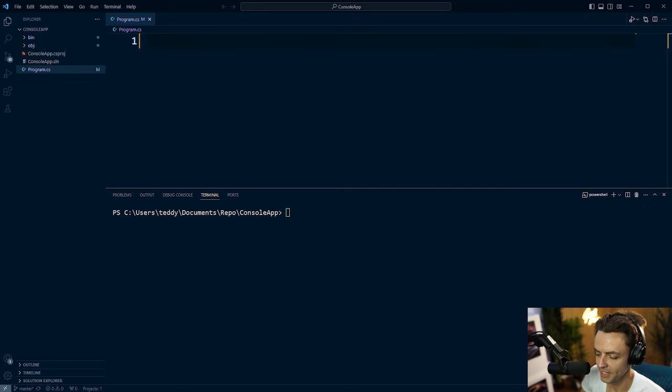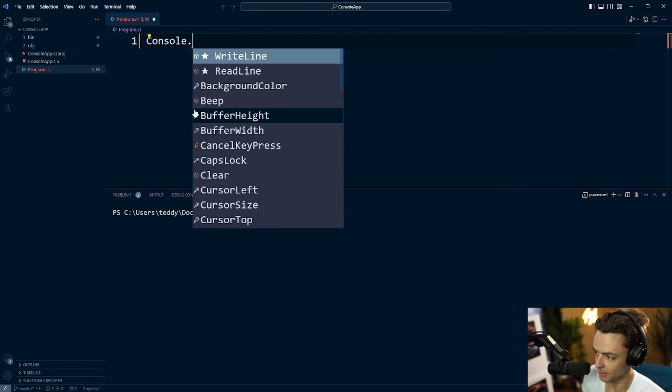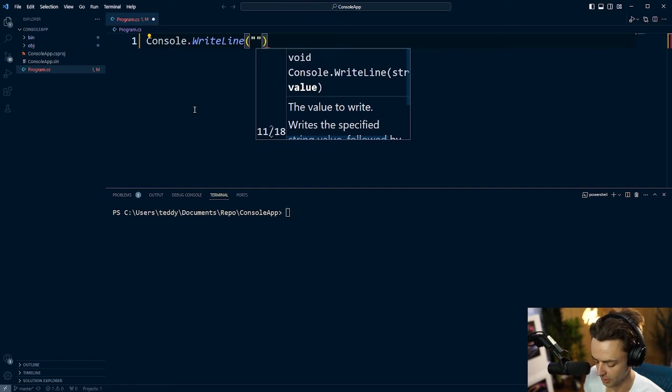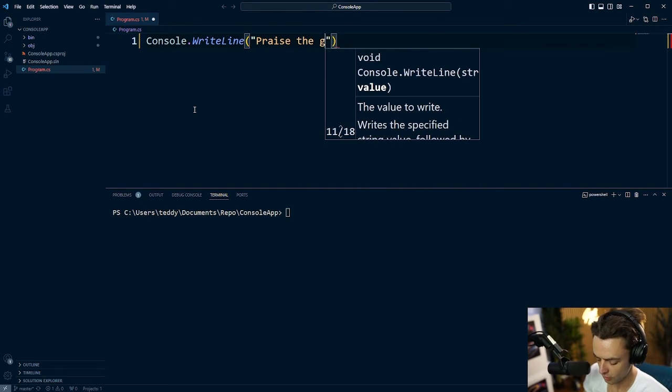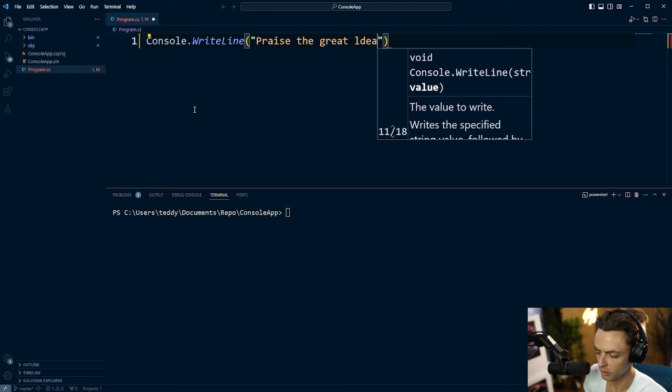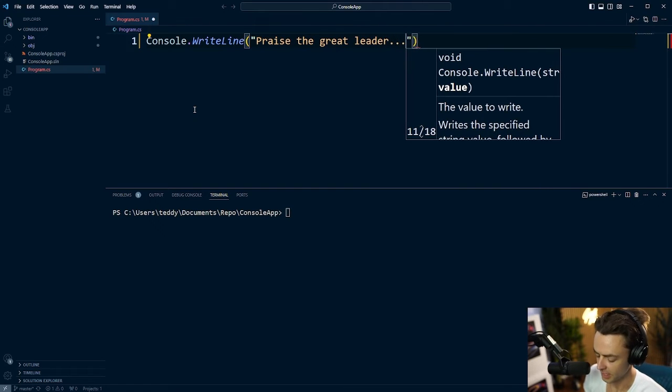So before we get into creating variables, we need to understand something important. And that is, what is a variable and what is not a variable. Because in programming, there's lots of things that look like variables when in fact they are not. And let's go ahead and revisit our old friend, Mr. Console WriteLine. And because this is a C# course, we are going to praise the great leader,